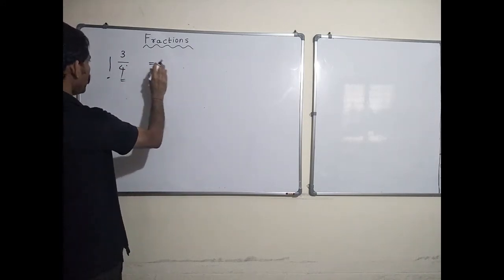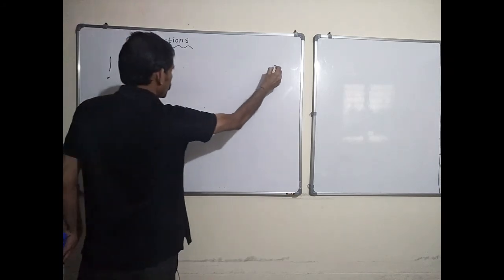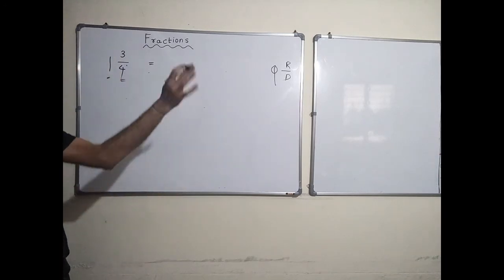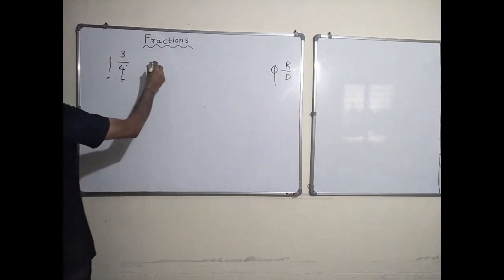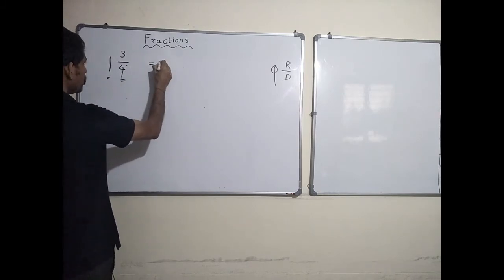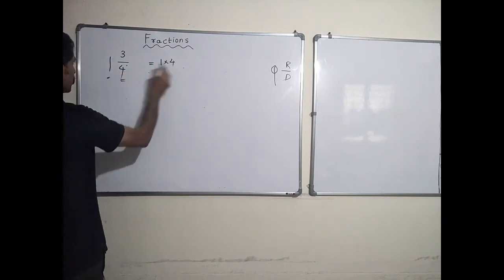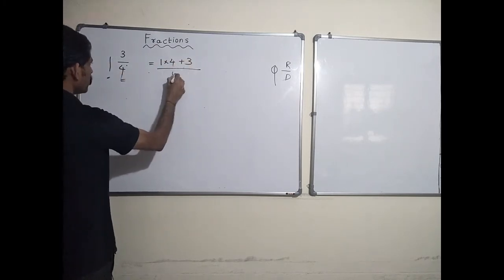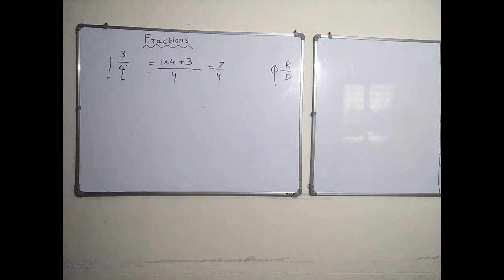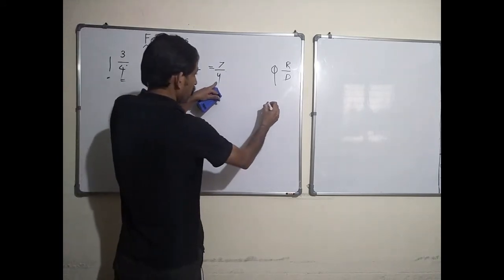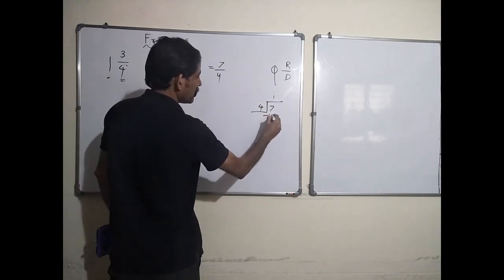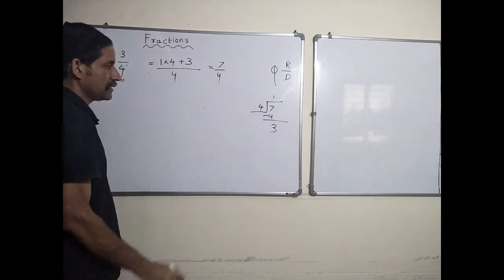is, see, this is in the form q r by d. Just remember that this is in the form q r by d. In order to convert this into an improper fraction, what you have to do is 1 into 4, just multiply this with this, plus 3, divided by 4. So this becomes 7 by 4. If you want to verify, let's do that. We divide 7 by 4, so 4 ones are 4, remainder is 3, correct? This is the remainder,